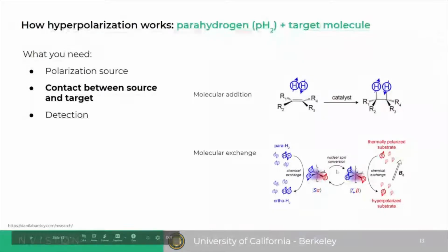The last example I give is parahydrogen, and you do this by actually physically adding the hydrogen to the molecule. Of course, you need a catalyst to do this. This is certainly not exhaustive, but there are two common ways of doing this. One is using the catalyst to add the hydrogen nuclei across a double or a triple bond of a molecule, and then you change the identity of the molecule, but what you get is a highly polarized